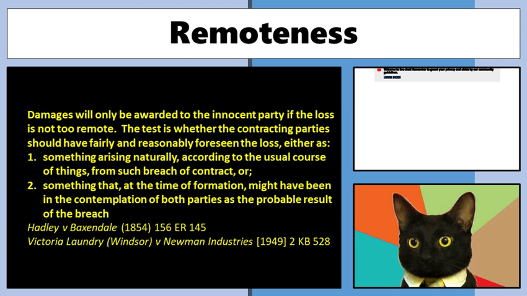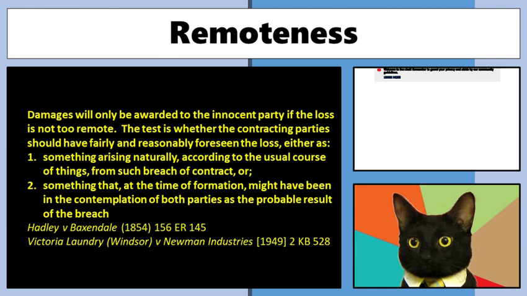That seems crazy. And so the courts mapped out this rule and said, look, things are going to be considered not too remote. And this unfortunately is tricky to get your head around. If it's either something that would arise as a naturally occurring consequence from the breach itself, a natural and reasonably occurring consequence of the breach itself, or it's something that we might have reasonably contemplated at the time of formation. Not that we actually talked about it, it's a lower bar than that. If we did actually talk about it at the time, it's clearly not going to be too remote.